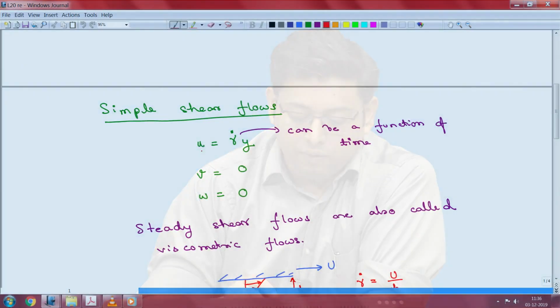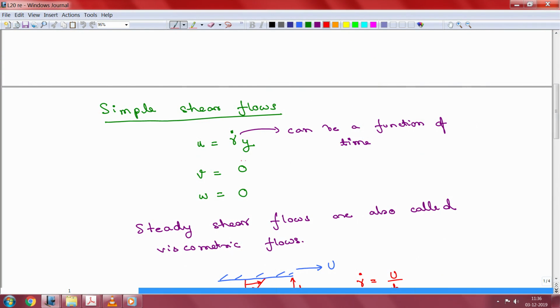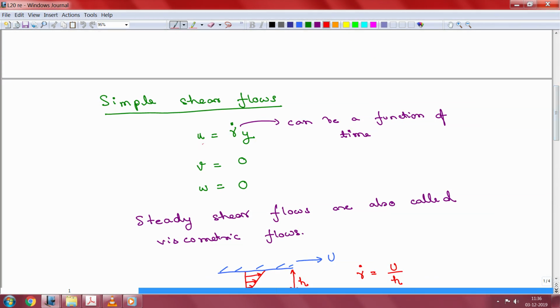Okay. So last time we were discussing this idea of the simple shear flows, if you recall, and here we had said that the function u is a function of y and is given by these velocity fields, right, where we have written it down in the component form. So you have u, v and w as the velocity components.